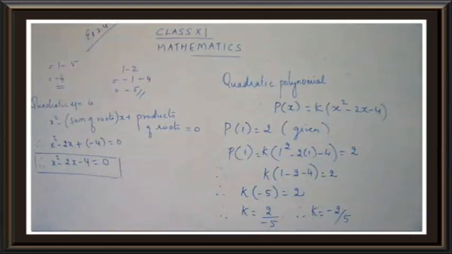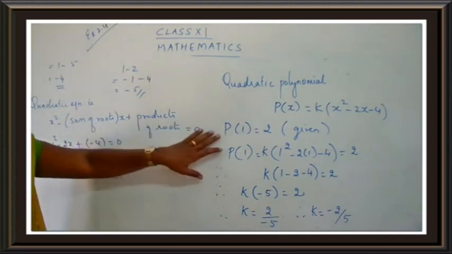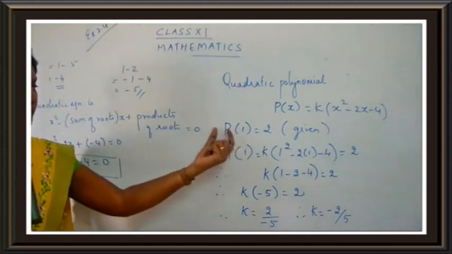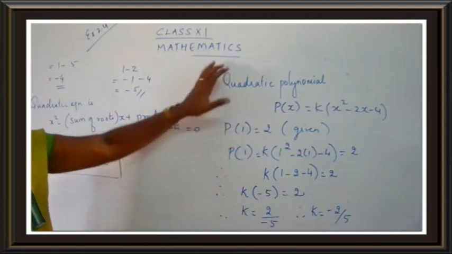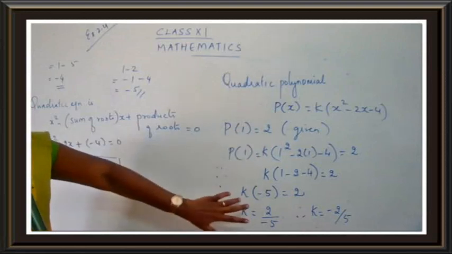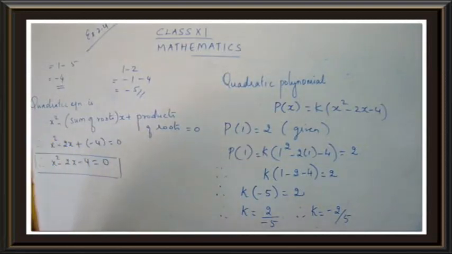So we got a quadratic equation, and with the help of the quadratic equation we are framing a quadratic polynomial. When you frame a quadratic polynomial, you have to write down the quadratic equation along with k. Here I am just using a letter k, and do not write the 0. So k into the quadratic equation. And they have given you one value, P of 1. They have just given one detail. P of 1 is equal to 2. That means in place of x we have to write 1. So when you replace x as 1, you get a value for k. What is the value for k, children? It's minus 2 upon 5.